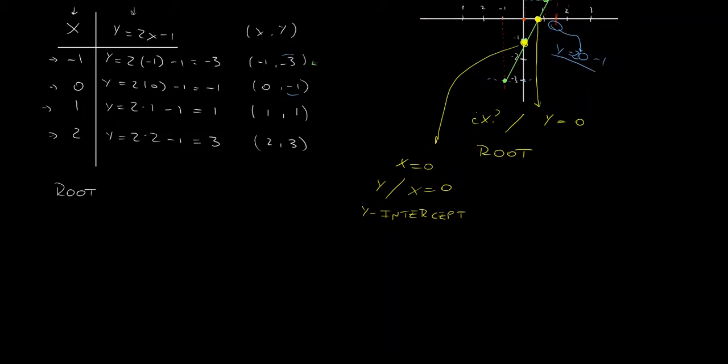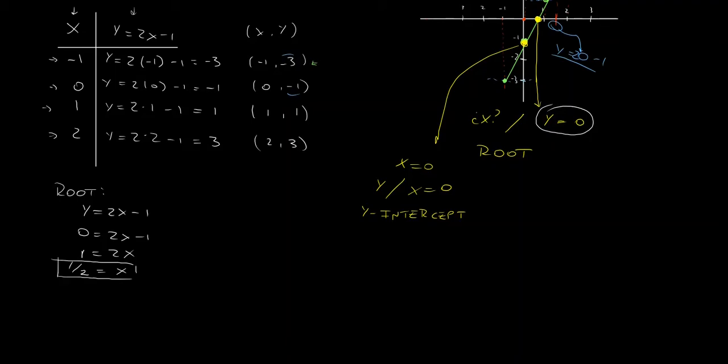We said that a root was x such that y equals 0. We defined our linear equation as y equals 2x minus 1. So if y equals 0, then 0 equals 2x minus 1. Now adding up on both sides 1, we have that 1 equals 2x, and dividing by 2, 1/2 equals x. And this is our root,